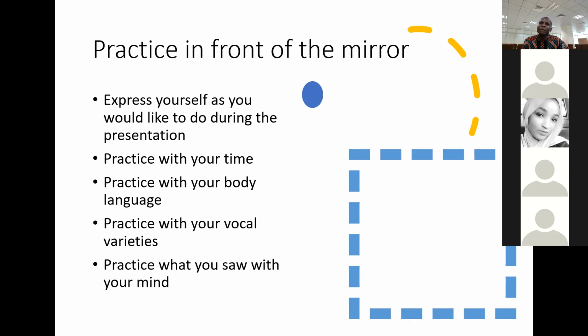You could also pick a particular public speaker and try to see how the person does it. That will really help you to improve fast. You can pick any international public speaker that you know. We have several of them. We have Jim Rohn, we have Brian Tracy, we have quite a lot of them. So pick anyone that you want and then see how they speak to their audience. We have Obama, we have many of them. So please feel free, pick any one of them and try to replicate what they do, but make sure you don't lose your ingenuity and uniqueness. Don't be like any of them.